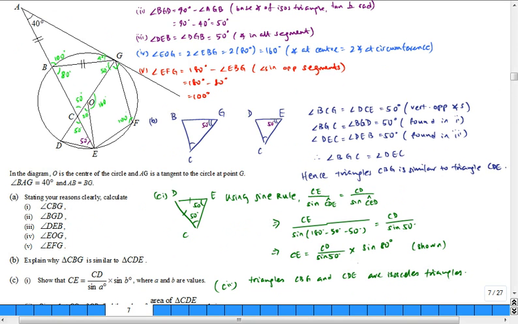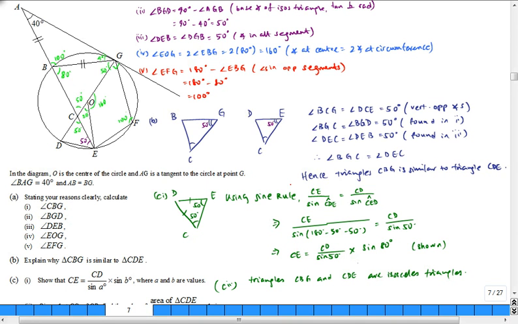Quite a unique question. Let me just spend a bit of time talking about it. I singled out this triangle in dark green. Triangle CDE over here. CDE. And we have found that the angle DCE and DEC are both 50 degrees. In other words, this is an isosceles triangle. They didn't tell you it's an isosceles triangle, but because the two base angles are the same, you conclude it's an isosceles. Okay, then we can use our sine rule,